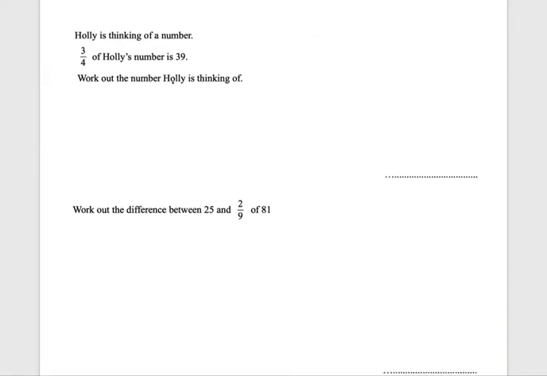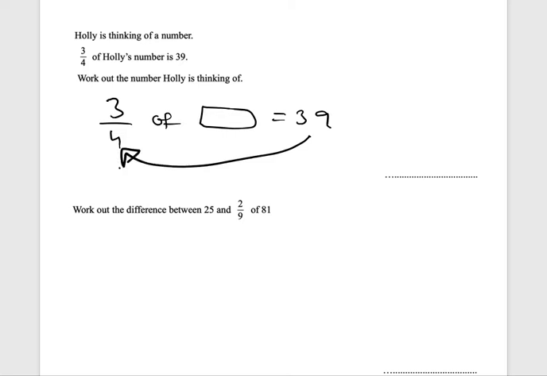Next question. Holly is thinking of a number. 3/4 of Holly's number is 39. Work out the number Holly is thinking of. So we know that 3/4 of a number is going to be 39. So instead of dividing it first, we're going to multiply. So we would do 39 multiplied by